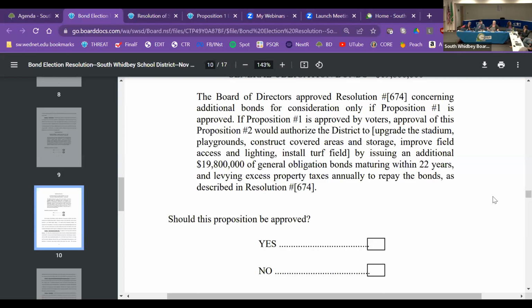And then first we would need to consider for Proposition 1, meet the 40% of the last general election. And then for Proposition 1, meeting the 60% plus 1 vote yay votes. And then separately, Proposition 2 would have the same 2 hurdles to clear. And there is the third hurdle of requiring passage of Proposition 1. Yes, exactly. Thank you.